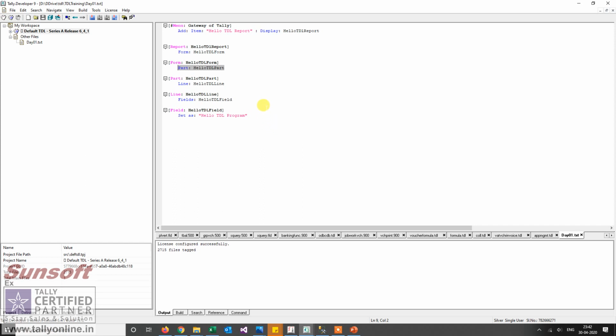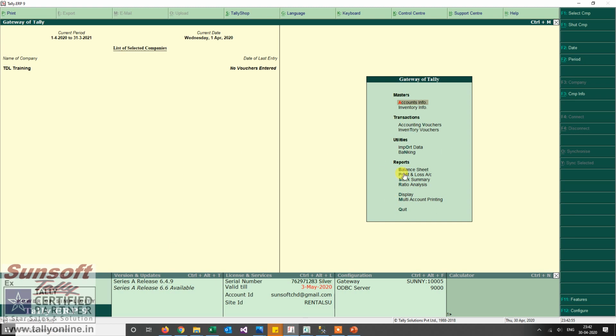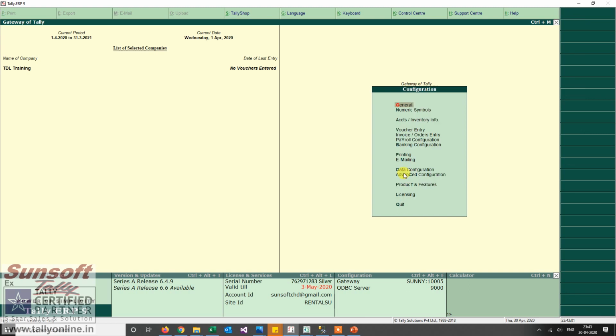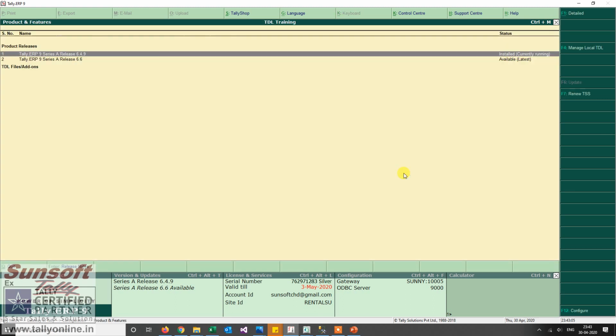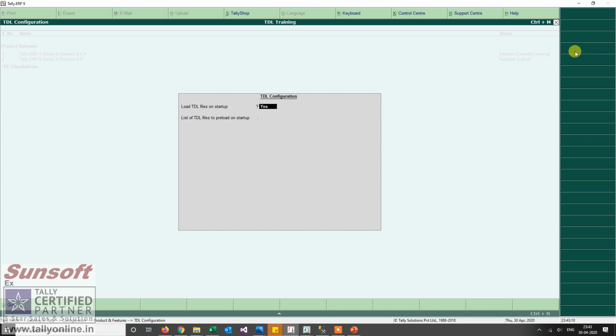Once I save the file, I want to link this program to Tally. Since initially Tally doesn't know that this program exists, to load it, in Tally I go to F12, Product and Features. Here I say Manage Local TDL.